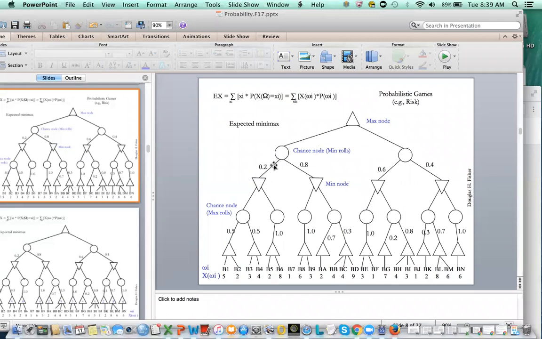With some probability, if we're going now to the left child of the root, the min player will come up with some result. And with some probability, the min node or min player will come up with another result. I've given those as 0.2 and 0.8 respectively. The min player, represented by this downward pointing triangle, then, depending on their roll, is going to make